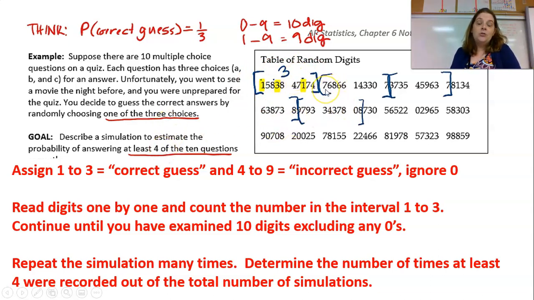When I go to do this next one, 7 6 8 6 6 1 4 3 3 0. So I'm ignoring the 0. So I got to hop over and get one more digit on this one. And again, if I keep doing that,